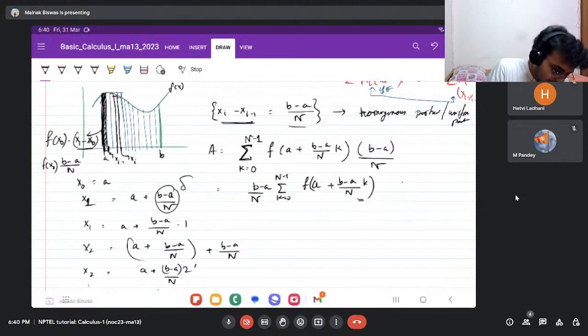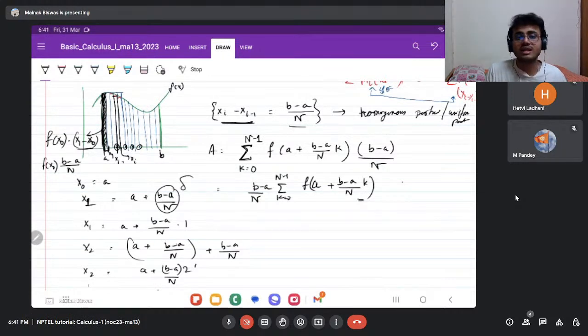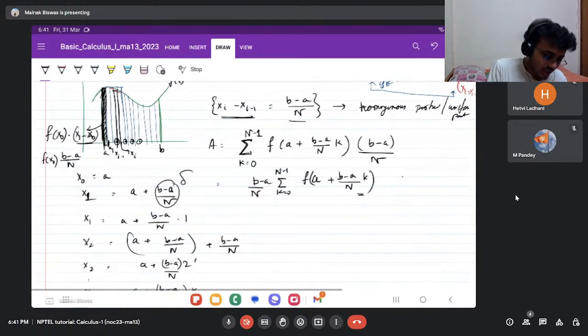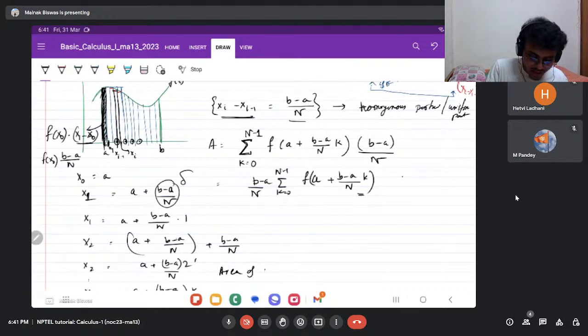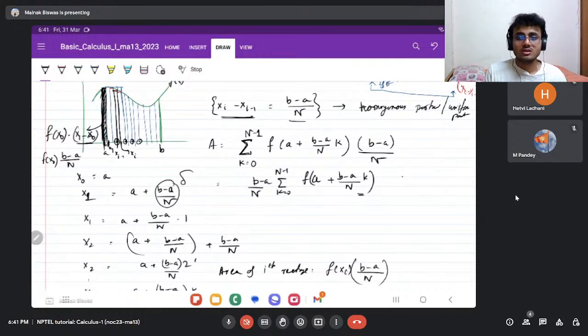So what am I doing? I'm formulating a general equation for these x_i's, for all x_i. I hope this is clear. So what is the ith area, the ith rectangle? f of x_i into (b minus a) by n. I hope this is clear. No other doubts. So you see, if I put n to infinity,